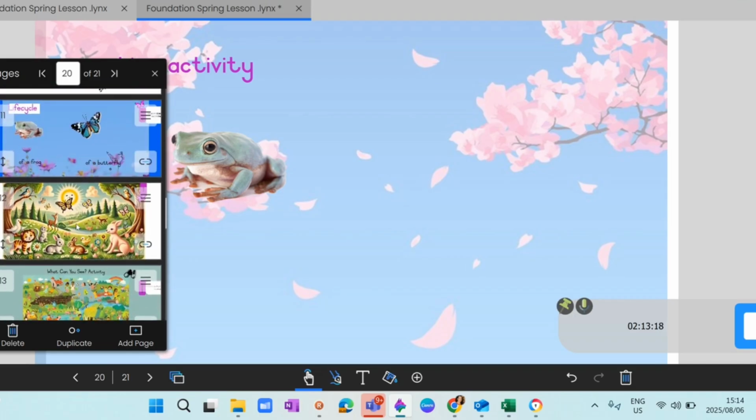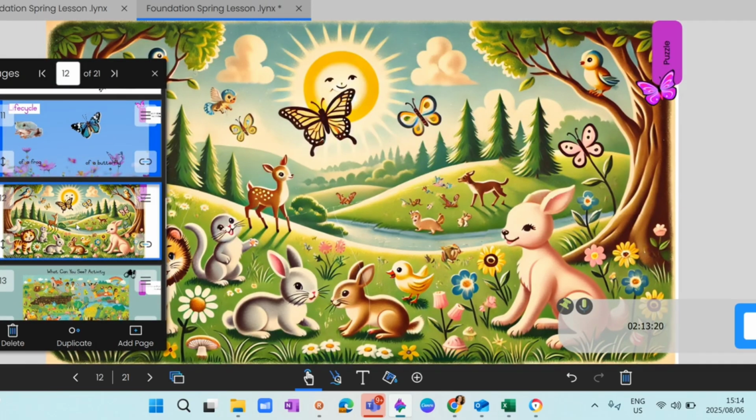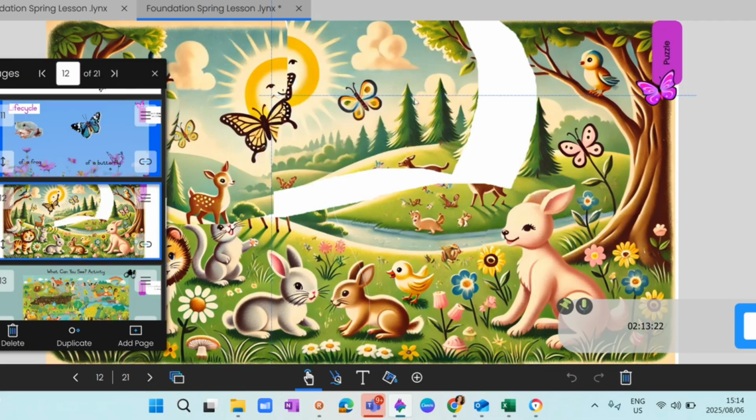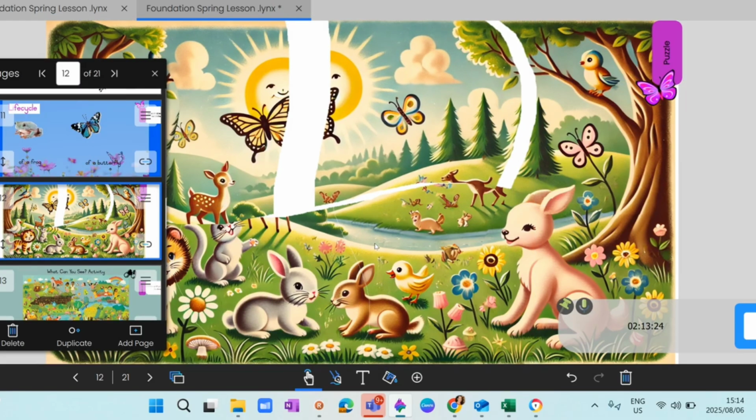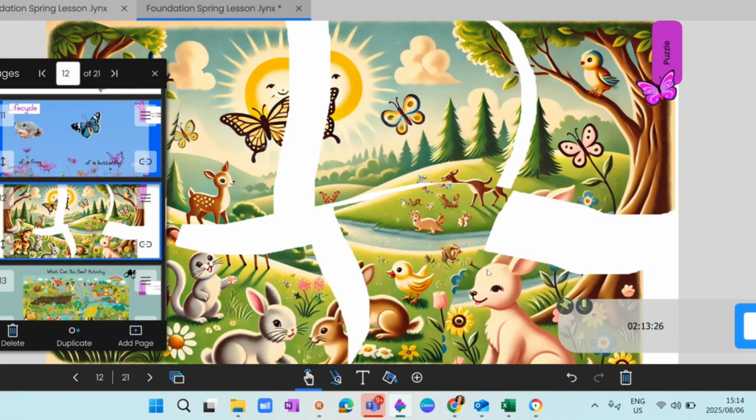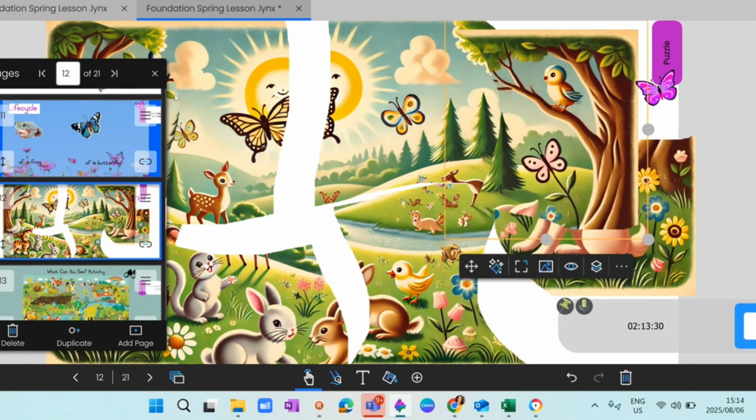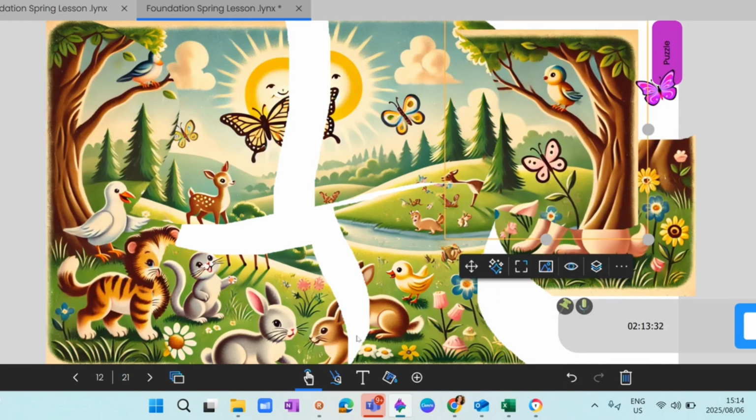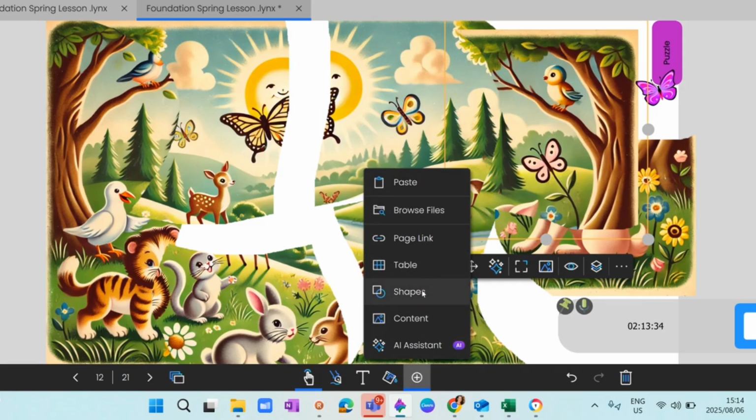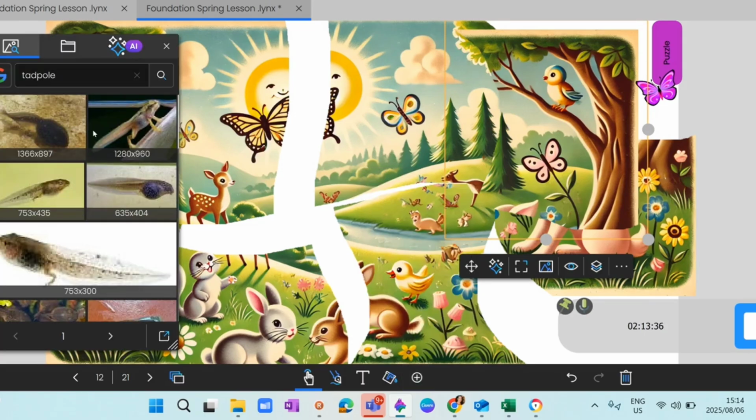Okay, next we have a puzzle. Very similar to how we do our shape splitting, you've got different pieces of a puzzle. All I did was go into my insert. So I will show you here. Go to content, look for whatever picture. So let's just say,